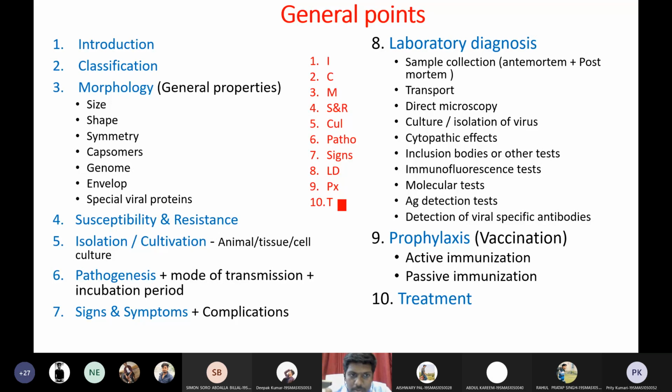I'm trying my level best to simplify virology and make you understand the subject. Usually virology is the toughest subject to teach, but I tried the best possible ways to make it simple. So don't feel I'm giving you extra information. Actually, I have reduced so much data to make it easy. Even if you feel this is tough, then definitely it is your laziness only. So be serious in your academics, okay? As I always say.